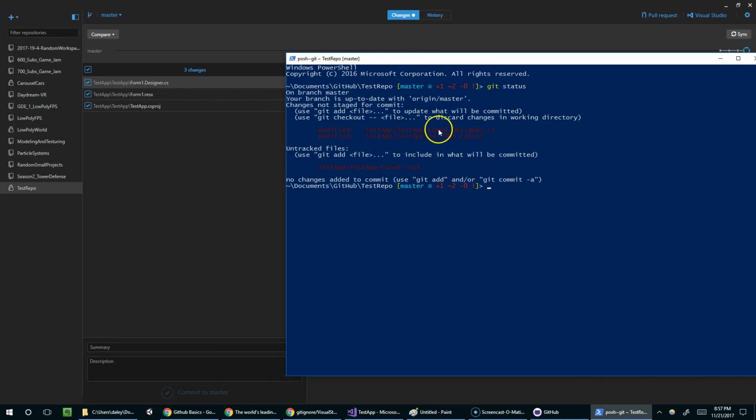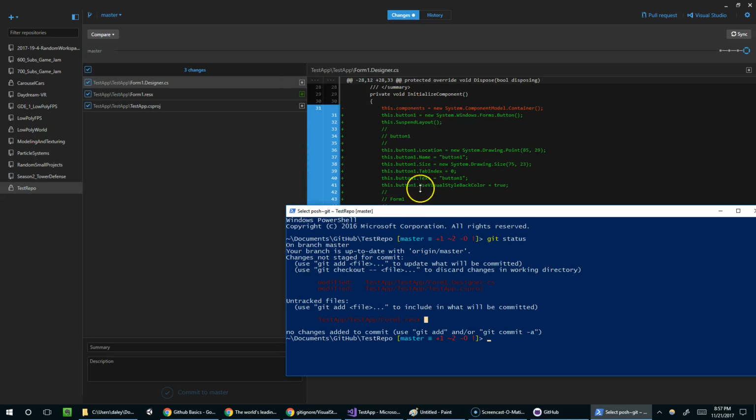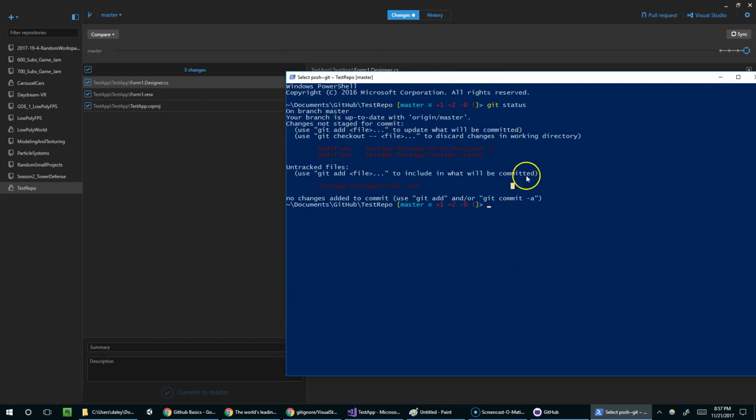We've got designer.cs was changed, test app CS project, and resx. One thing I can do is, this is only showing the changes of the files. It's not actually showing the line-by-line thing that we get over here. If we need the line-by-line difference, you can say git diff and then the name of the repository. So in that case, it would be